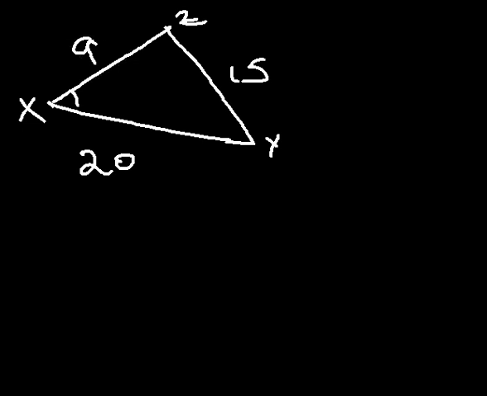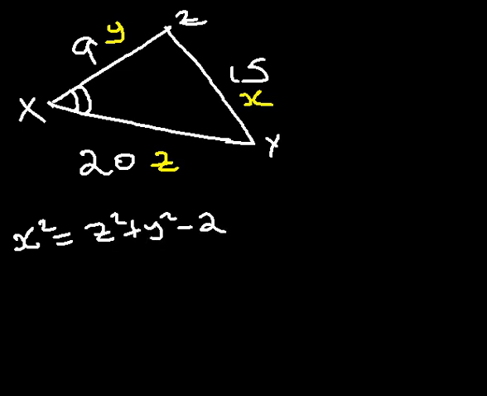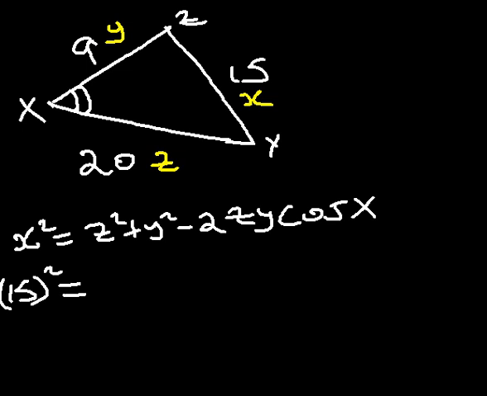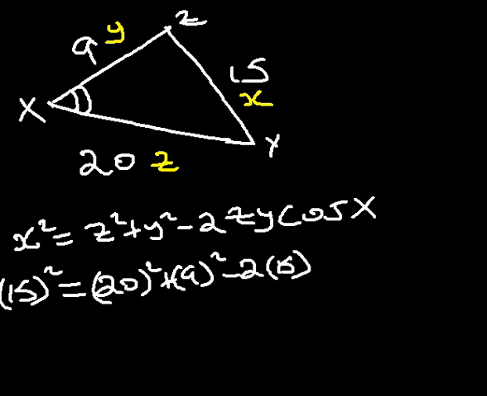Let's think of calculating the value of the angle X. Since we're calculating the value of angle X, the side opposite is side X, and the other sides are Z and Y. Using the cosine rule, we have X squared is equal to Z squared plus Y squared minus 2ZY times the cosine of angle X. And we have X given as 15, squared, equal to Z, given as 20, squared, plus Y, given as 9, squared, minus 2 times 20 times 9,